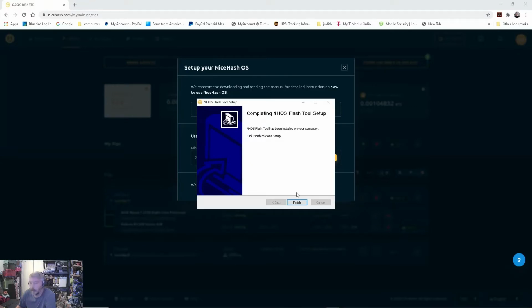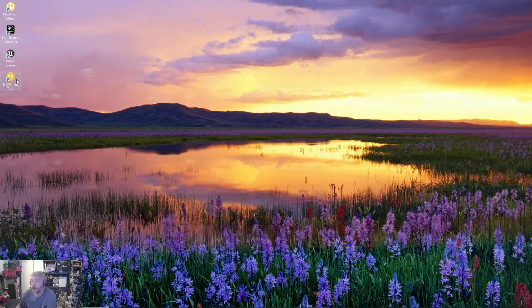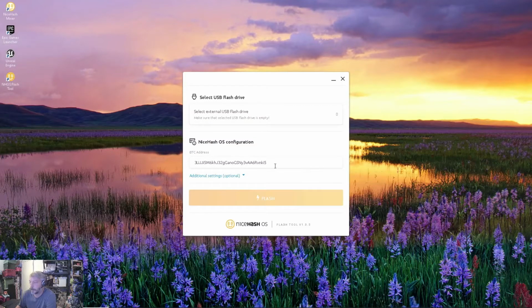Okay. That was on the other screen. I just opened a file explorer for that thumb drive. Okay, I'm going to go ahead and finish. And where did it go? Oh, I need to do that. And here it is, the NiceHash Flash Tool. I'm going to double click on that. I'll hit yes. Bring that up. And it automatically